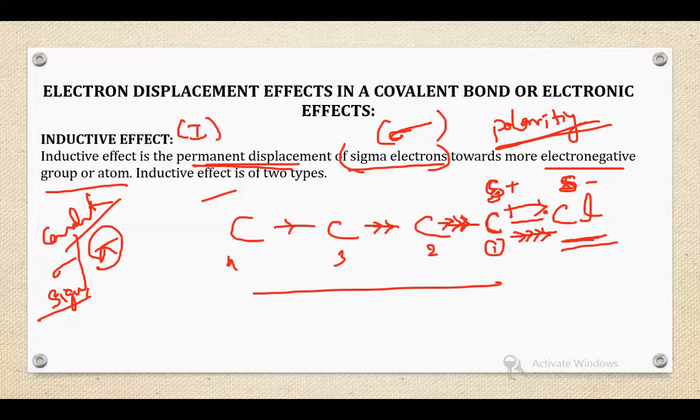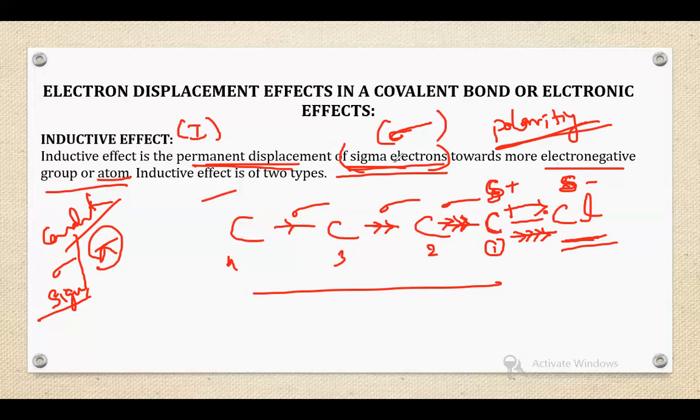So the inductive effect is a permanent displacement of sigma electrons towards a more electronegative group or atom. This is called the inductive effect. Are you getting the sigma electron? How can this also be